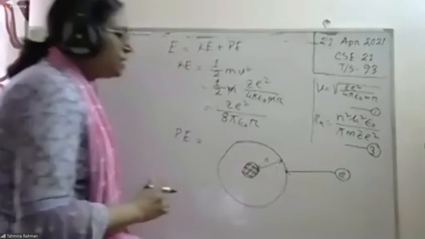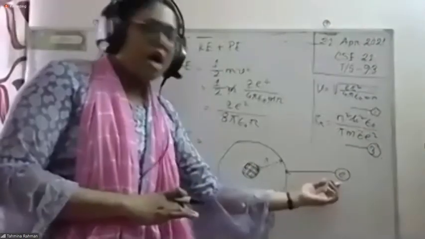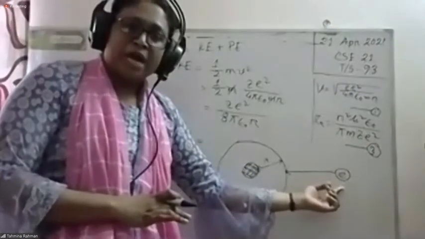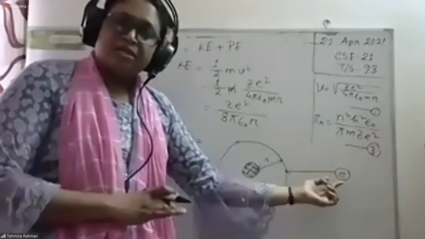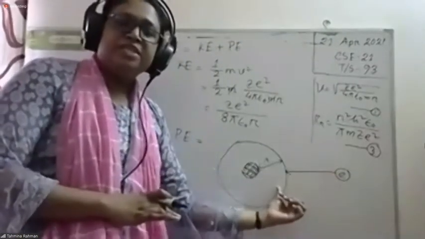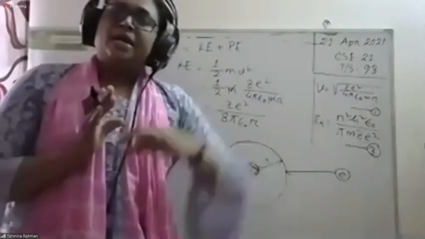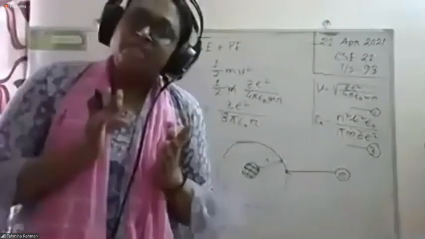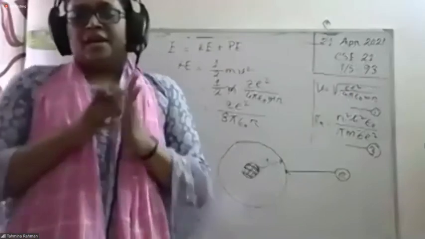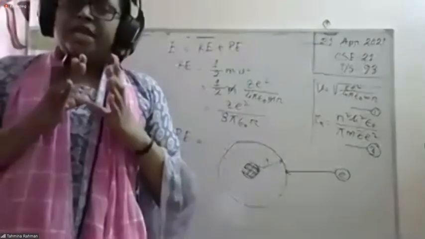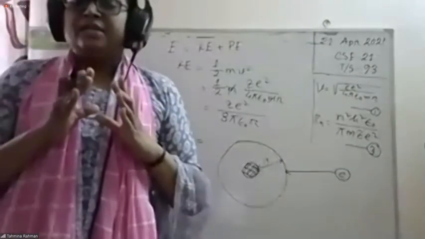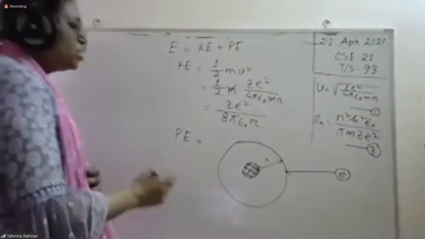This is the radius. So, how much work do you have to do to bring the electron from infinity to this radius, this orbit? That is the work done, and this is your potential energy. Is that clear? Now, the potential energy, or you can say the work done, is W equal to